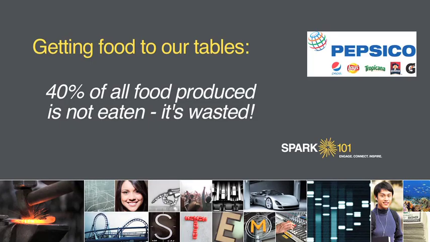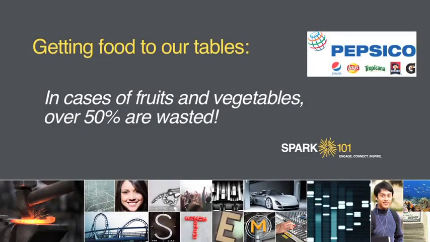But do you know that 40% of all the food that is produced in this country is not eaten and is wasted? Now that's just an average number, which is for all different types of foods like grains, meat, dairy. But something like fruits and vegetables, it is higher than 50%. That's more than half. So imagine if you have this apple that you like or any other fruit that you like, you eat half of it and throw the other half away. That's essentially what we're doing.